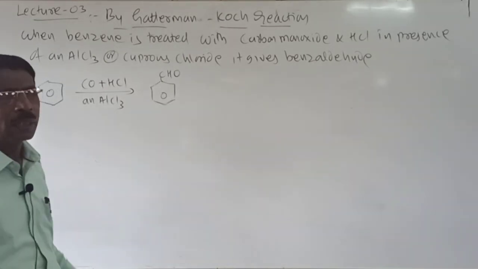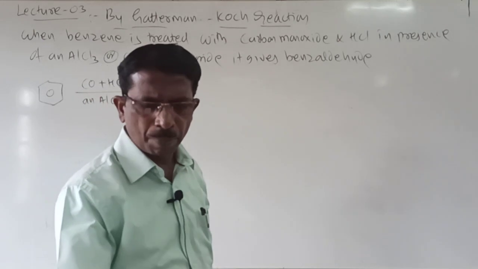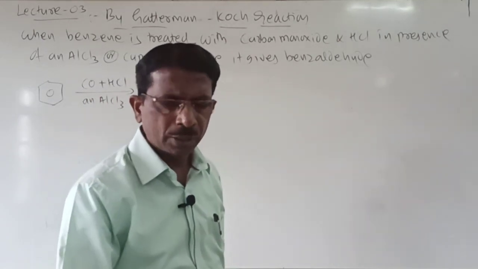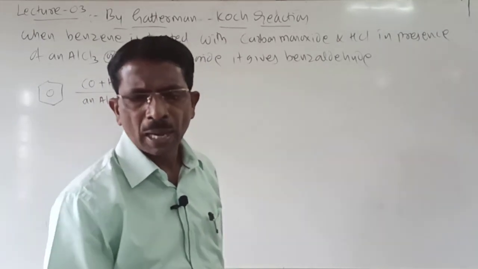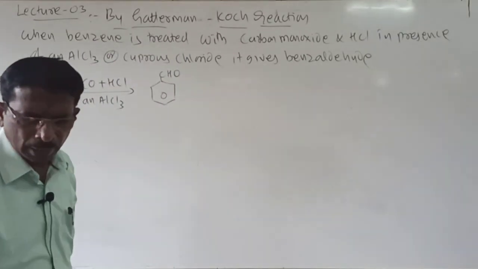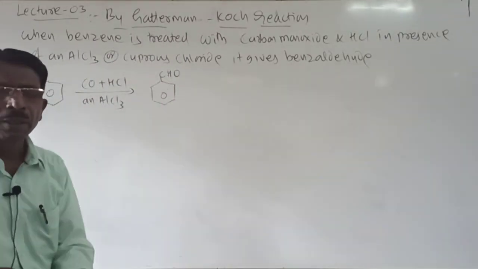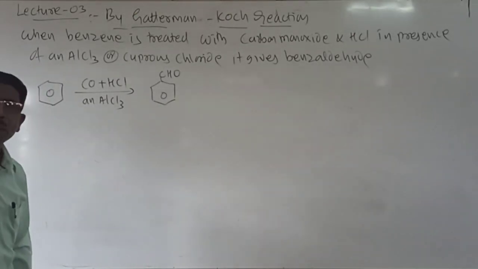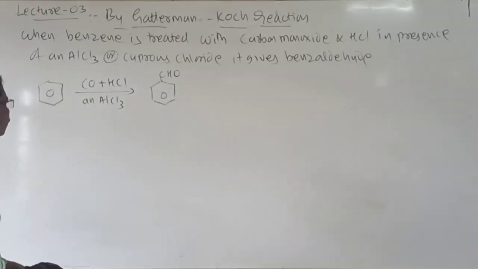So student, here the preparation of aldehydes is completed, and now the preparations of ketones are there, and the preparations of ketones also carry 3 marks. Let us see the preparations of ketones. So first one, that is from acid chlorides.